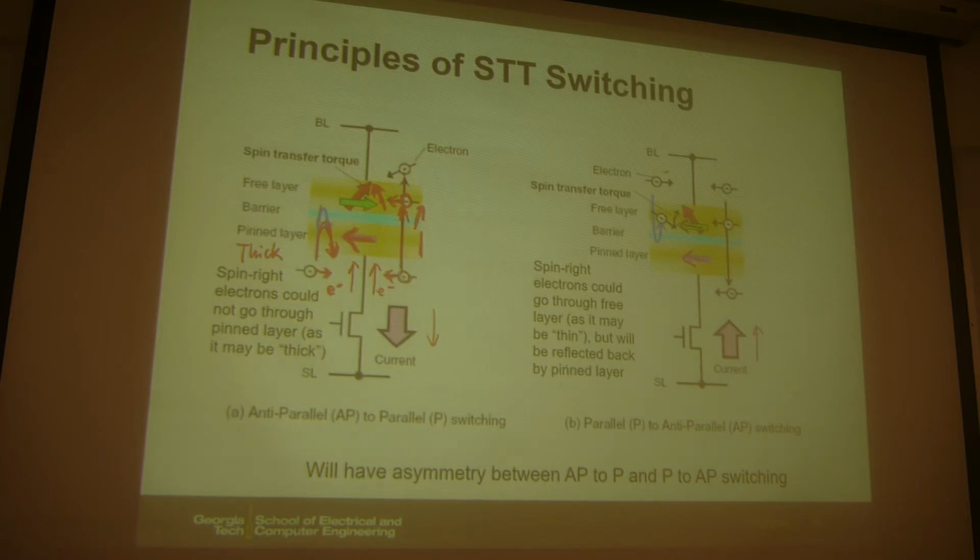That means electrons will come down from the bit line. And from the bit line, initially you have both spin left and spin right electrons go into the MTJ structure. And then here, both of them will go through the free layer, because the free layer may be very thin. It cannot block